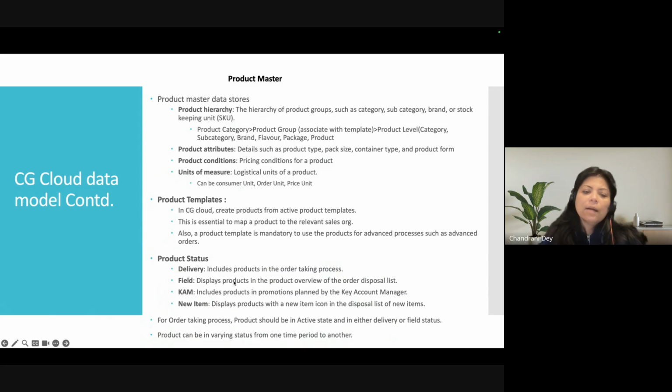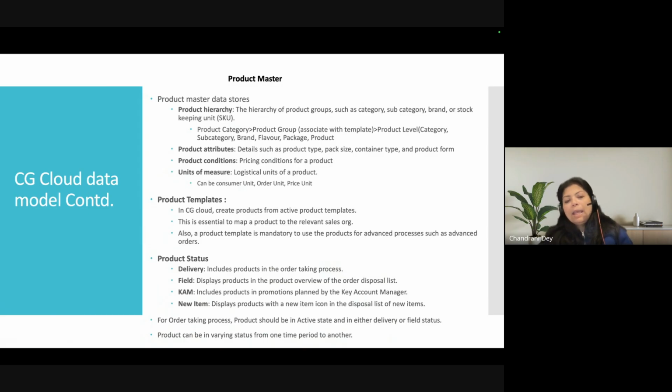Product status is something that again you get by default. There are statuses. One is delivery, which includes products in the order taking process. Field, which displays products in the product overview of the order disposal list. So something will go to the field in a few hours, and the product status automatically becomes field, or manually if you have a manual process.